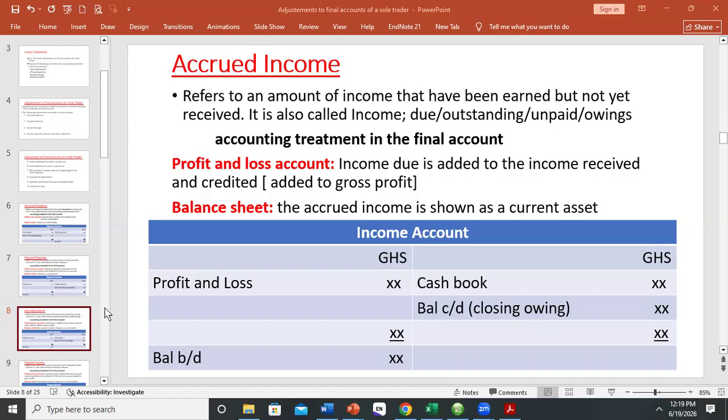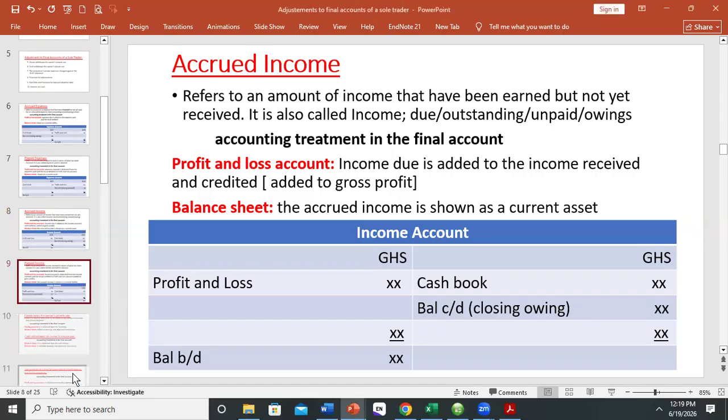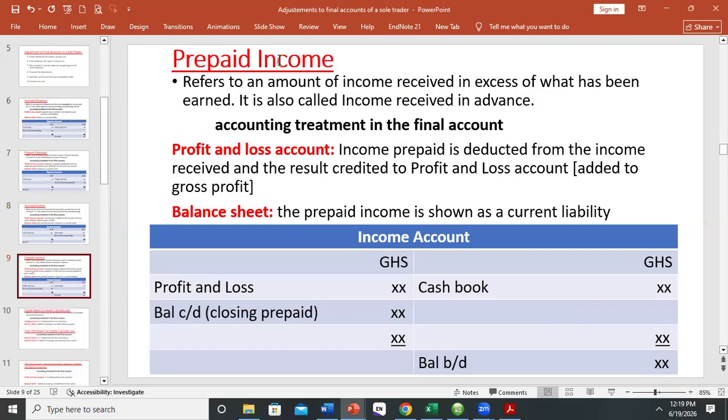Okay. Let's look at the other one, which is the prepaid income. Okay, prepaid income. Joris, can you do the reading for us? Prepaid income